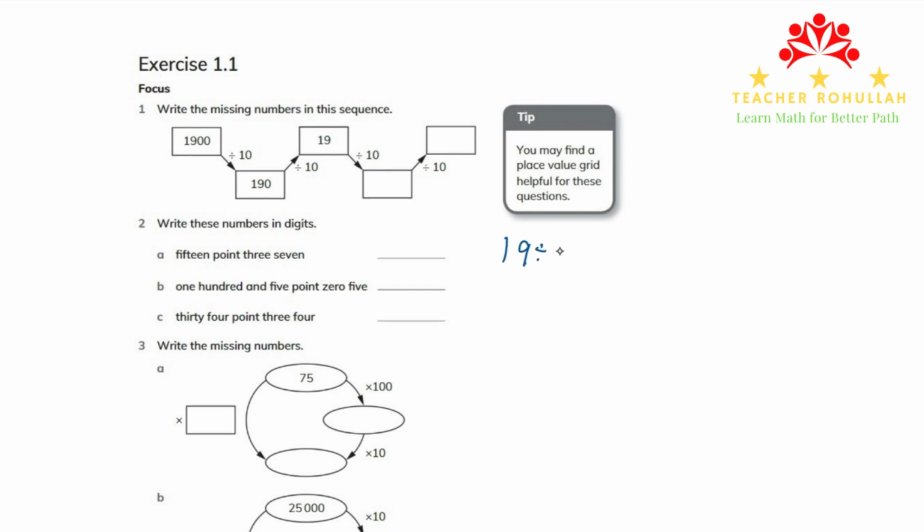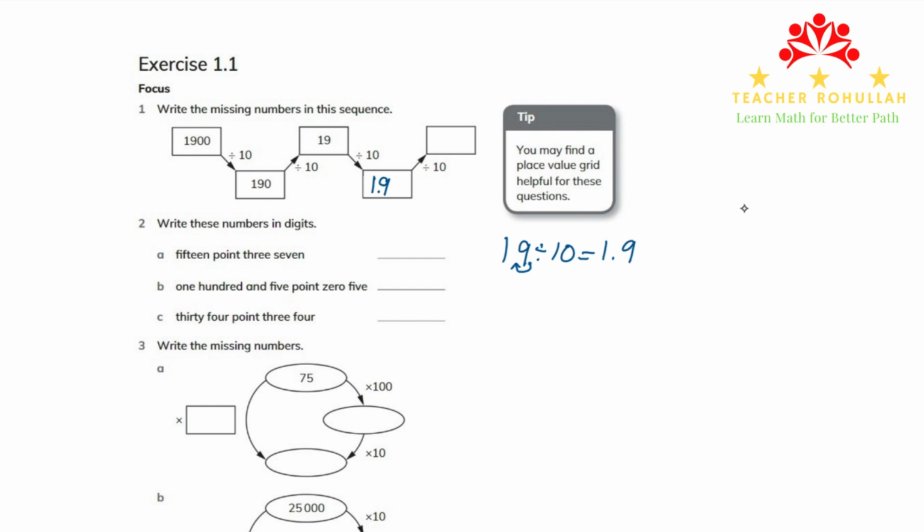19 divided by 10. We know that any whole number has a decimal point and a 0 after it, but we don't write it. When we divide a whole number by 10, like 19, the decimal point that's here moves one place to the left. So the answer that we get is 1.9. When 19 is divided by 10, the answer is